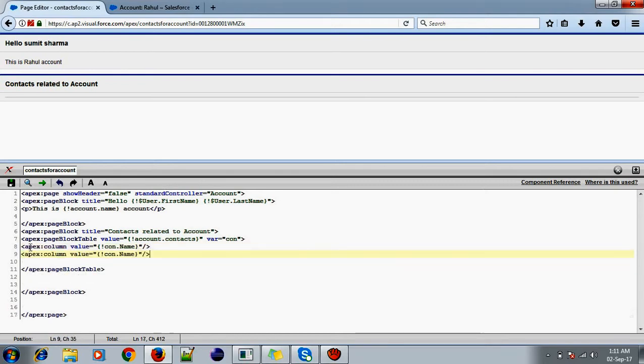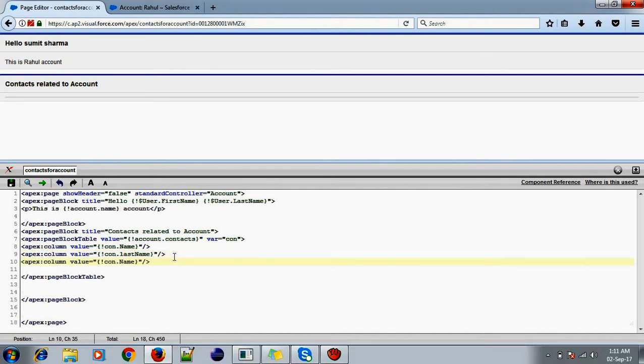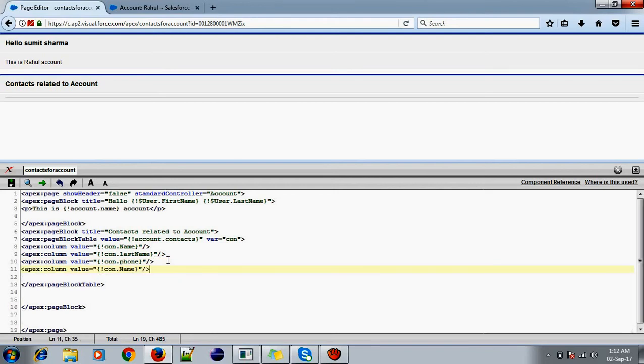Similarly, con.LastName, that is the last name of the contacts, then Phone, and then we can give Title.